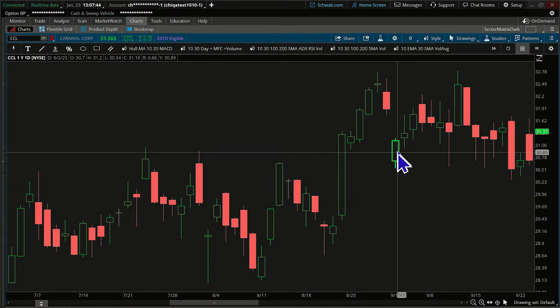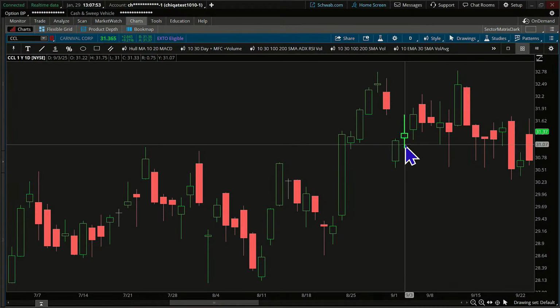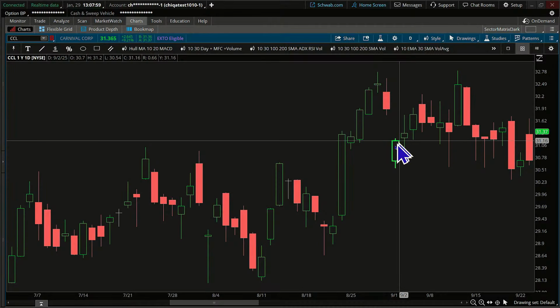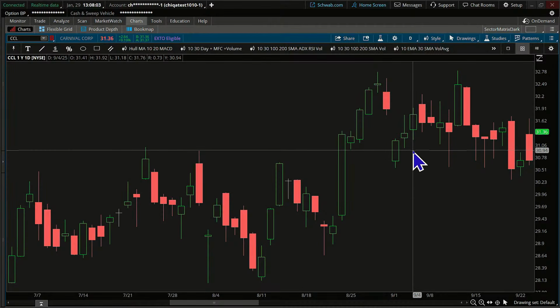Well, clearly this is the low candle, okay? The high this day is 31.20, and then the closing price here is 31.33. So yeah, it did close higher than the high of that low candle. That's why I say sometimes it can happen quickly, and sometimes it takes a few candles to actually get there. Yeah, so that low candle is the low candle.